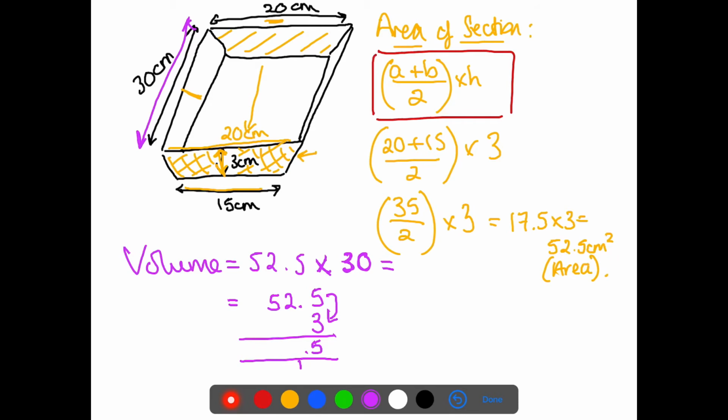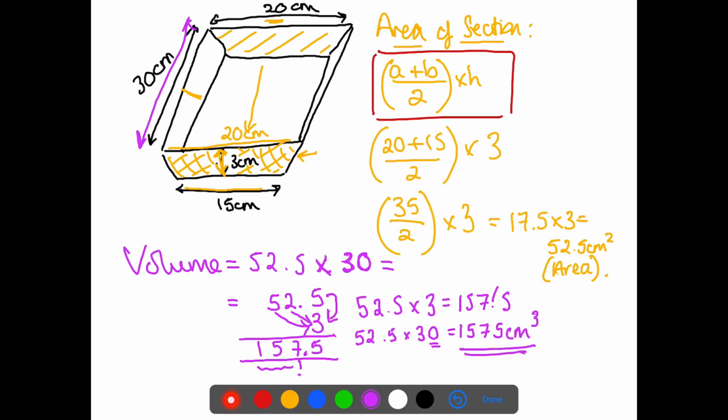So 5 times 3 is 15, carry the 1. Put your decimal in the same place. 2 times 3 is 6. Then we have to add this 1. That makes 7, and then 5 times 3 is 15, and we can just put the whole 15 on because there's nothing else to times by and nothing else to carry. So 52.5 times 3 is 157.5, but that means then that 52.5 times 30 must be